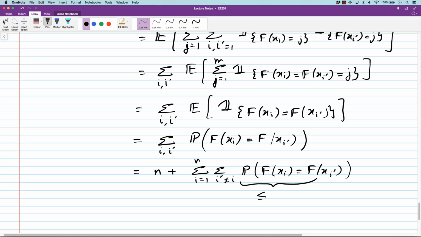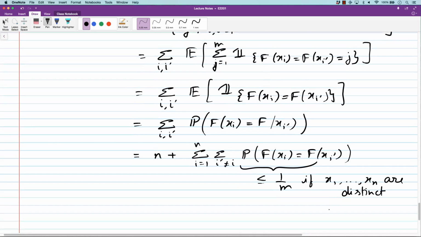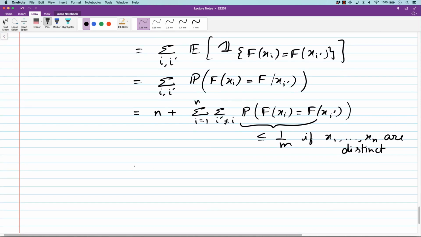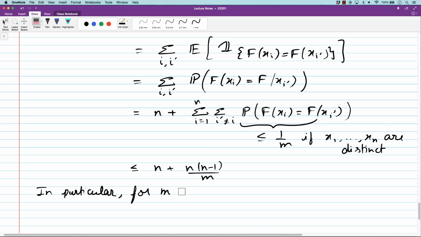Which is less than or equal to 1 by m if x_1 to x_n are distinct, which is the worst case situation. Otherwise, we can only do better. So this is the worst case situation. But in the worst case, this is less than 1 by m. So this is less than or equal to n plus n times (n minus 1) by m. Okay. In particular, for m greater than or equal to, let's say for m equal to n,